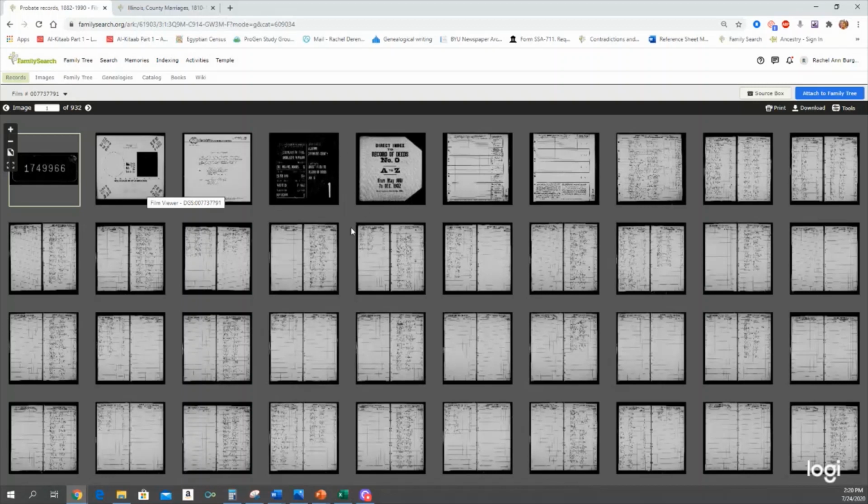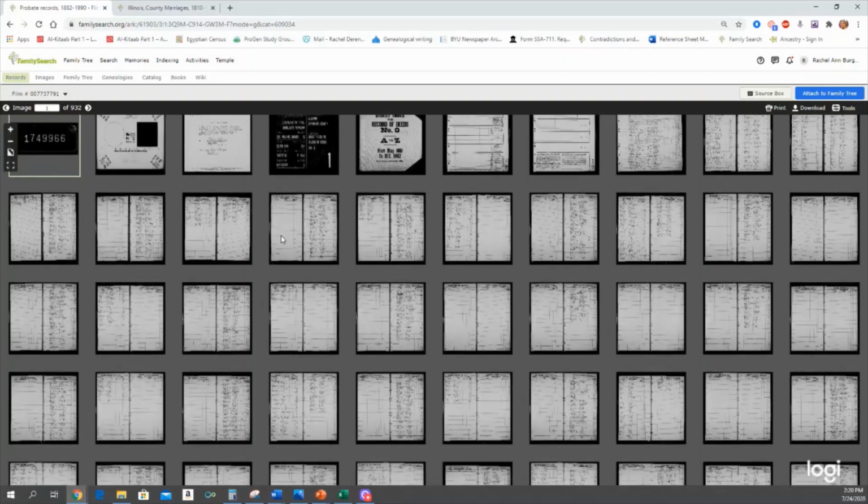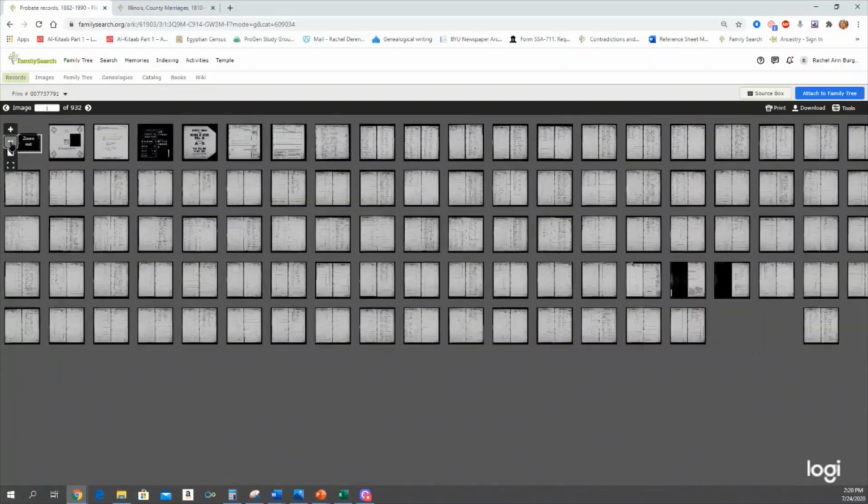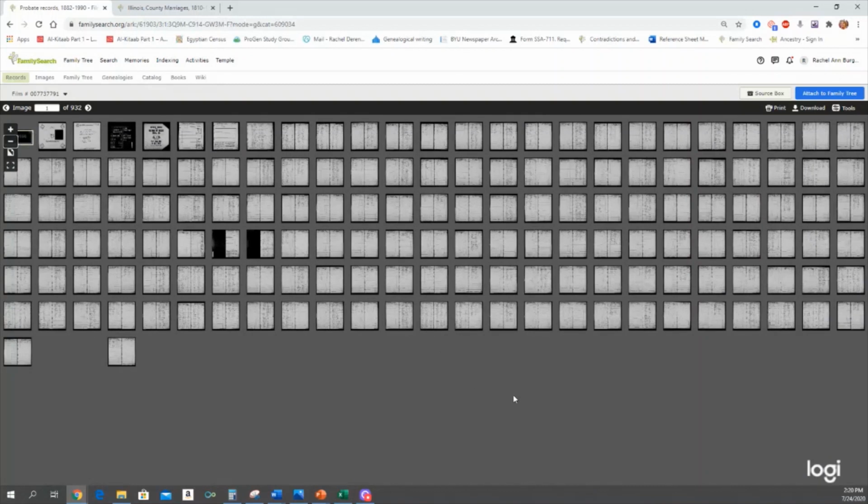So we have section 1 here, but we need section 3. So here's what I like to do. To make this easier so I'm not scrolling only 10 across, I go as small as I can because it'll get me there faster. But you don't really have to be able to read it except for the number. You just need to be able to tell if it's a 1, 2, or 3.